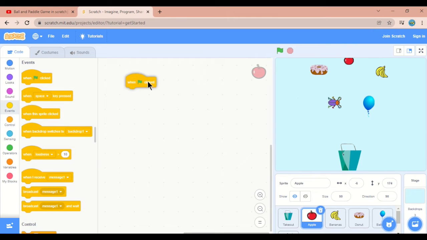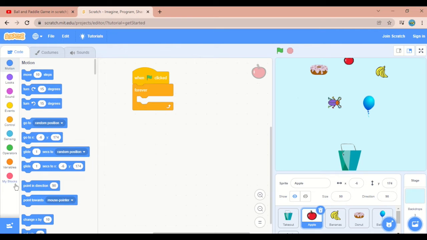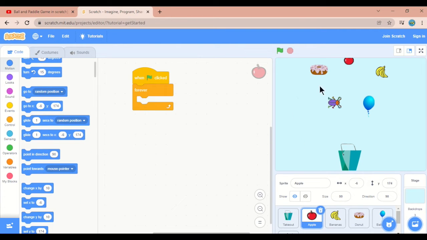When flag clicked, it should always be moving down. So we can choose control forever, change y, because this is the y direction. So change y by 10. If you give y by 10, it will move upward.